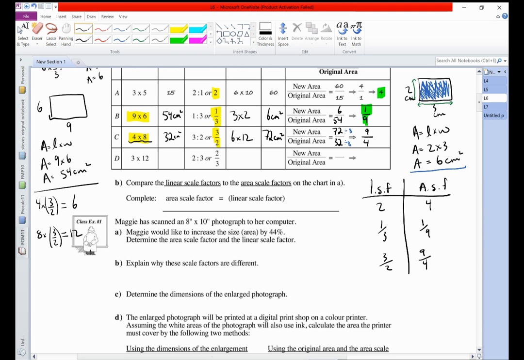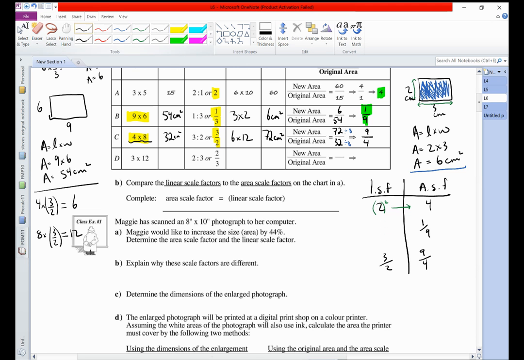So how can we link these two? And I will give you the answer right now. Unless you want to stop and think about it, then pause the video and have a think. But if not, I will tell you that if you square the linear scale factor, you will get the area scale factor. So if you square a fraction, let's